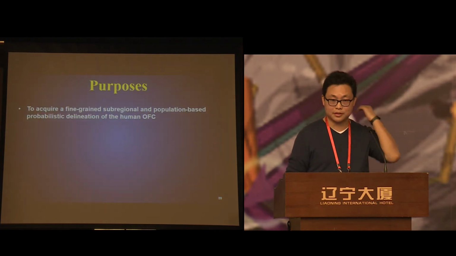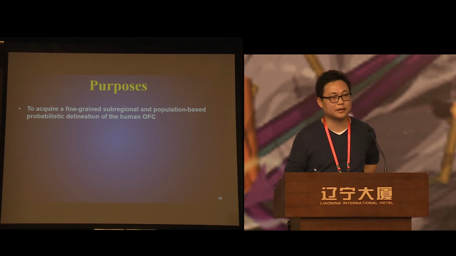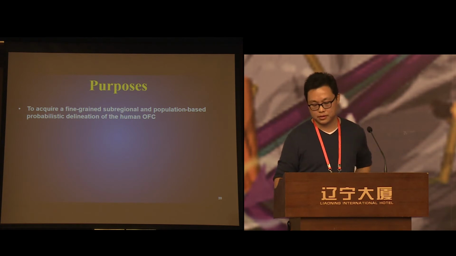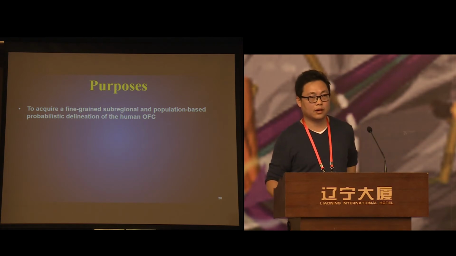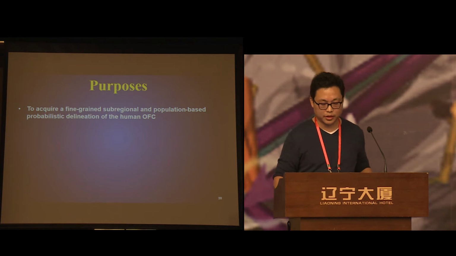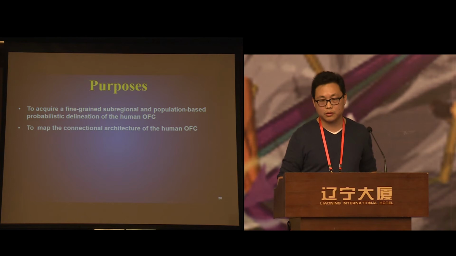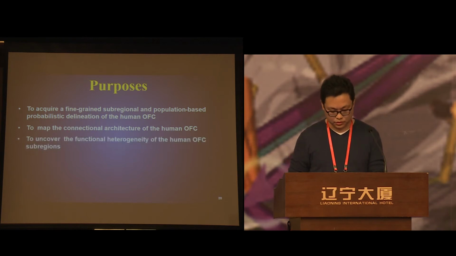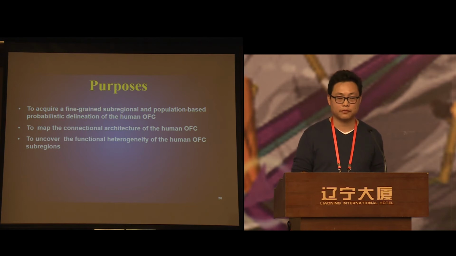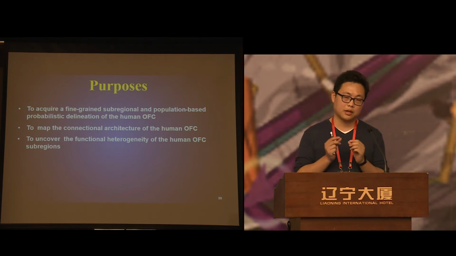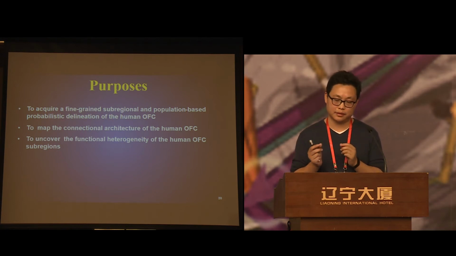So the purpose of this orbitofrontal atlas, firstly, is to get fine-grained parcels and maybe a hierarchical organization here. The second is that we want to map the connectional architecture of the human orbitofrontal cortex. And finally, we're using the Brainnetome database to decode the function each orbitofrontal subregion plays